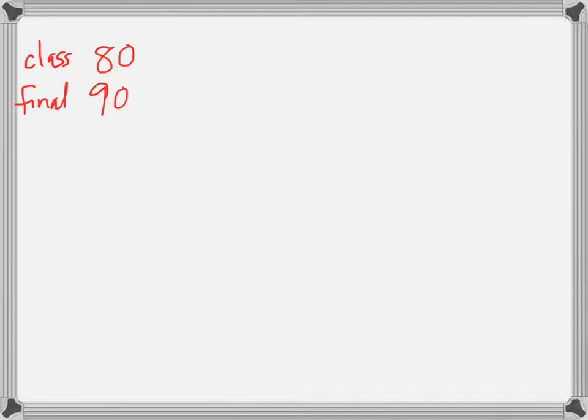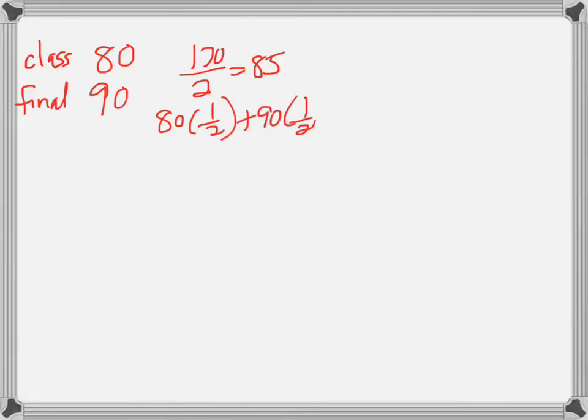Okay? And I said take the average of these. Well, normally everybody thinks the way you take an average is you add them together and divide by 2. So I'd take 80 plus 90, which is 170. I divide it by how many items there are, and I would get an 85. Okay? Or if I did it the proper way, I would multiply each of these by how much they're worth. So 80 times 1/2 plus 90 times 1/2. Half of 80 is 40. Half of 90 is 45. And I would get 85. I'd still get the same answer,